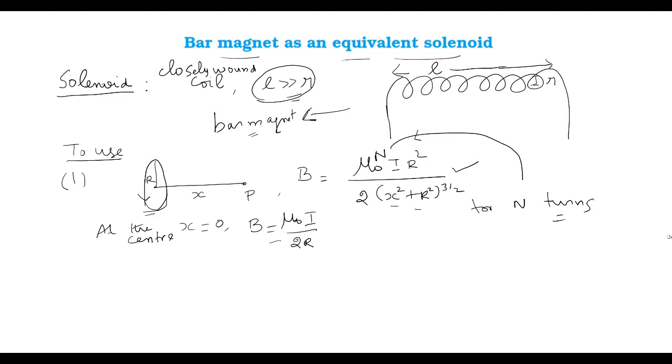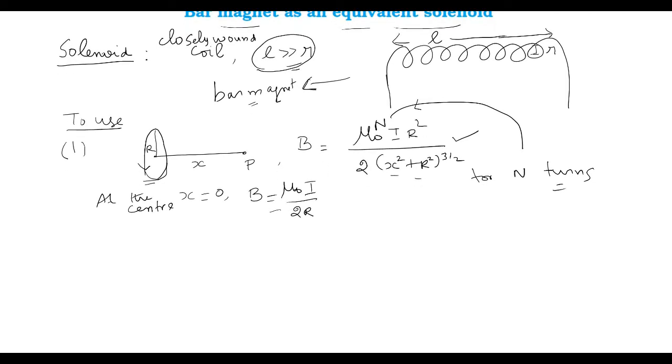That is the magnetic field due to a circular coil carrying current at an axial point. Then the magnetic field due to a bar magnet at an axial point. Let's consider this is a bar magnet, say of length 2L. For convenience, usually we take 2L. P is an axial point, say at distance R, and this is the center of the magnet.